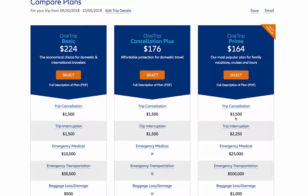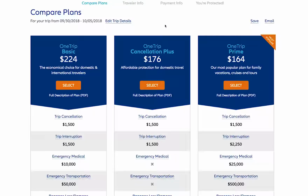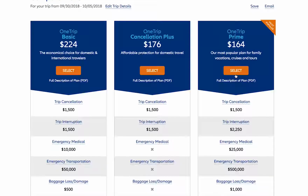Here it gives me a few plans. Now, as I evaluate each one of these plans, I need to look through this carefully to identify which plan is going to be right for me and my family. The One Trip Prime, which is the most popular plan, in my experience, is usually the plan you want to get. It has the best coverage for the lowest dollar amount. There are different circumstances where it makes sense to get some of these other plans, but this typically is the